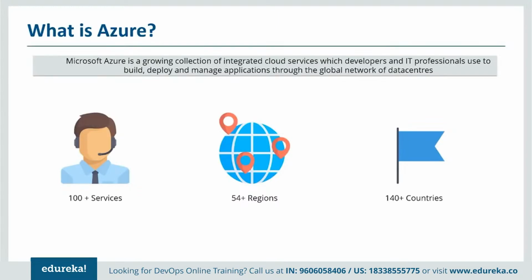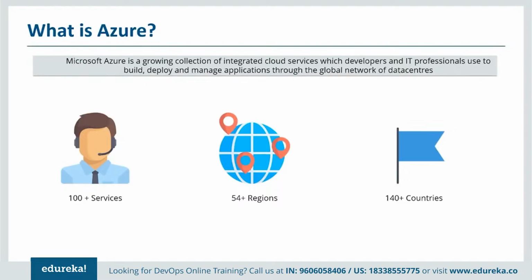It's not just about the different regions in which it is available. It is also about the number of services which are available on these cloud computing platforms. Now, when I say cloud computing platforms, as I said, Azure is not the only one. AWS is there, Google Cloud Provider is there, and there are a few more. So all these different providers are providing us with lots and lots of services. Now, what do we mean by a service? For example, you want to create a virtual machine. That's a service. So you can go ahead and consume that service.